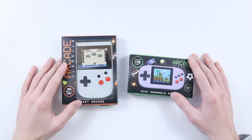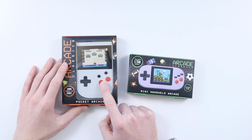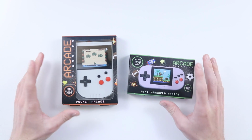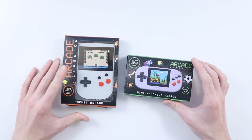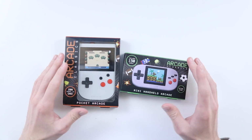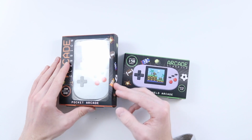So I picked these two up from Amazon very recently. This one over here is £20 and this one is £15. And I believe right now they're actually reduced, which is the reason why these are kind of a good deal. Well, I don't know if they're going to be good deals yet, but this I think retailed was £30 and